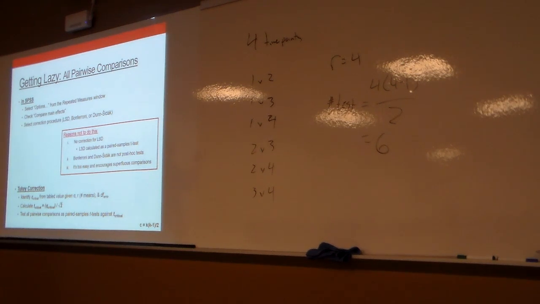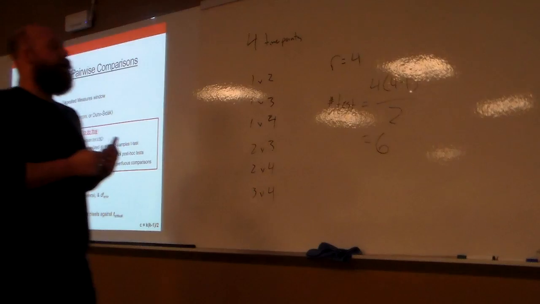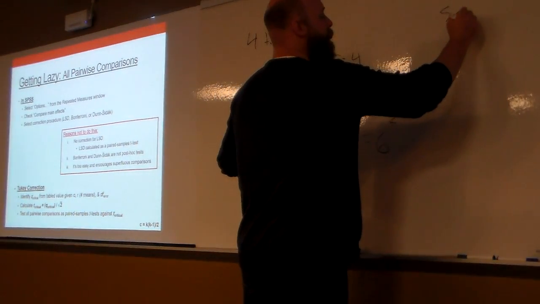But remember, your Q critical has a direct relation with your T statistic, right? So we can take that critical Q we get from our Tukey table, divided by the square root of 2, and that's going to give me a critical T value. And then I can run paired sample t-tests for all of these and just compare my test statistic against my critical T that I got from Tukey. Now, this isn't going to give you a specific p-value, but with Tukey, at least traditionally, we don't get a traditional T or a traditional p-value. We would just say this is significant